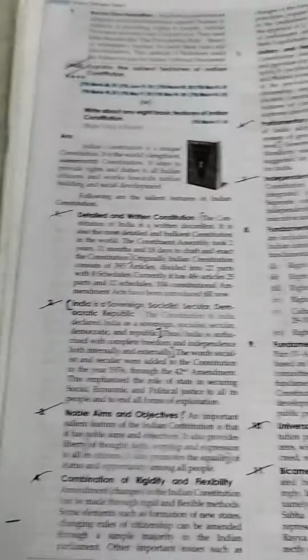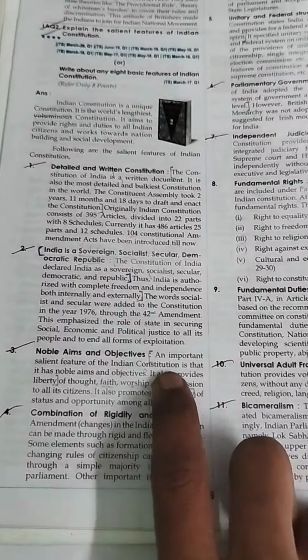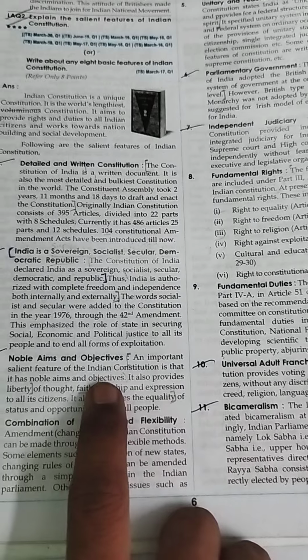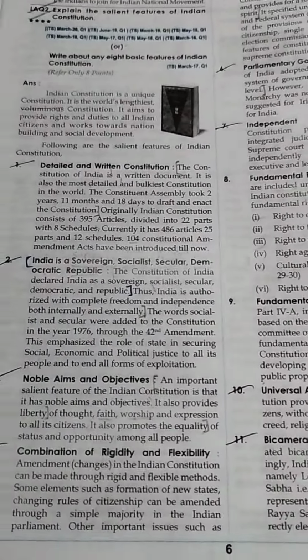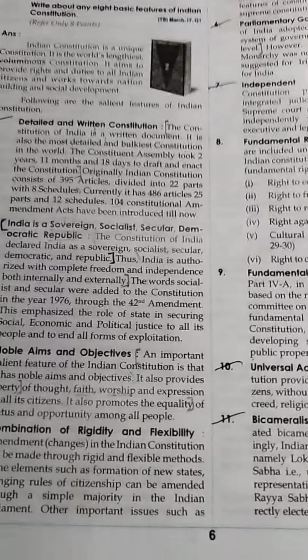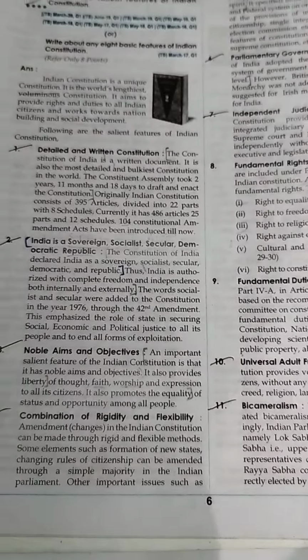Next, noble aims and objects. An important feature of the Indian Constitution is its noble aims and objects. It is the most important feature of the Indian Constitution. What are the noble aims and objects? It provides